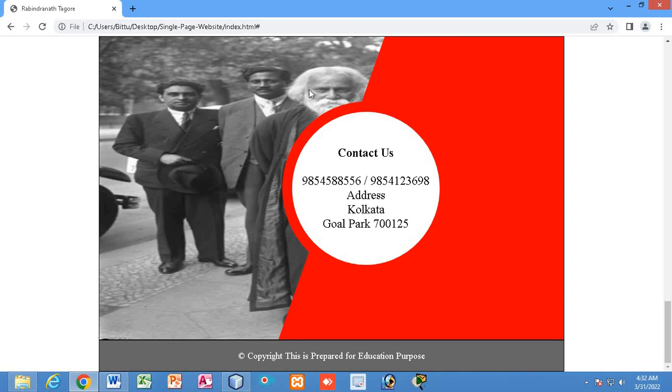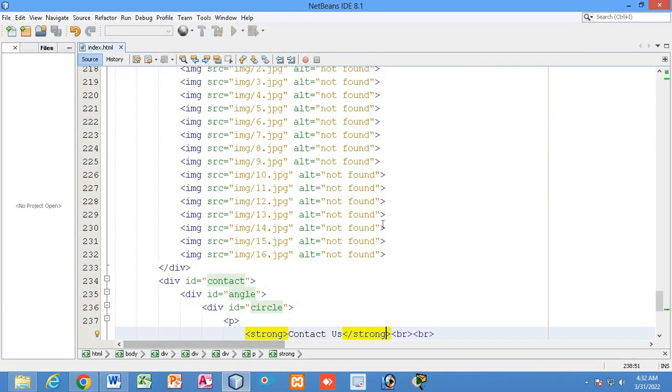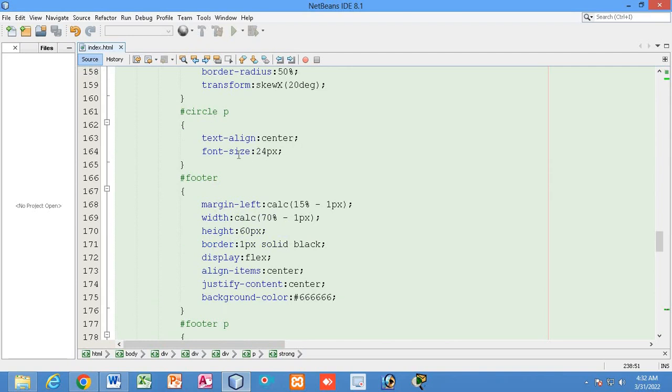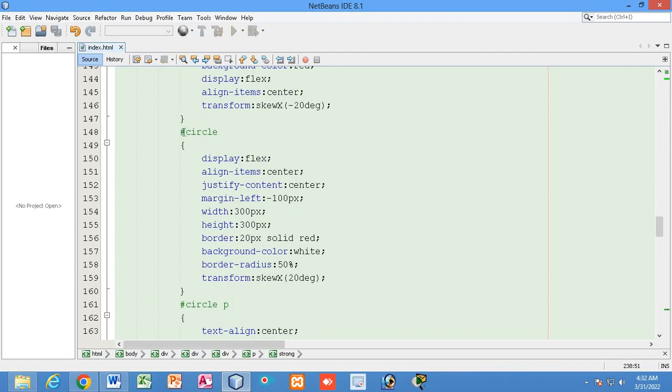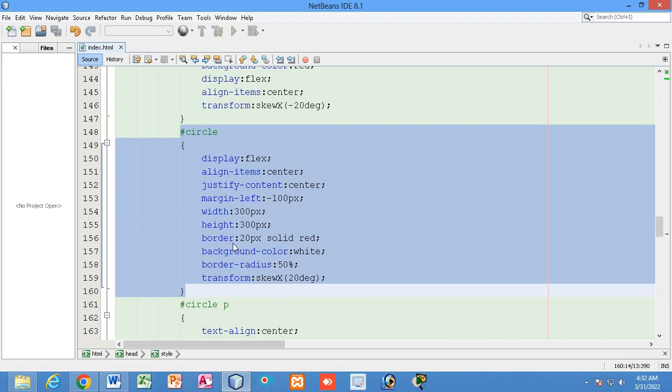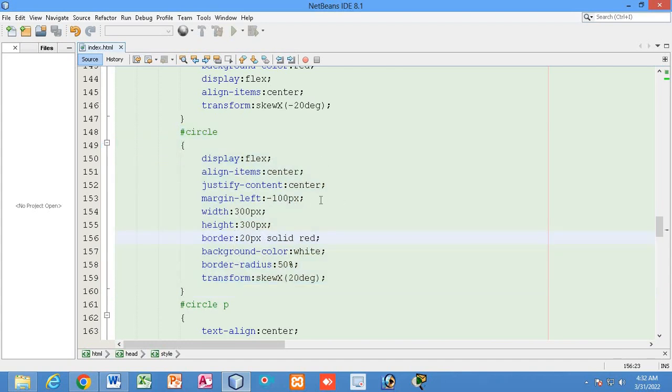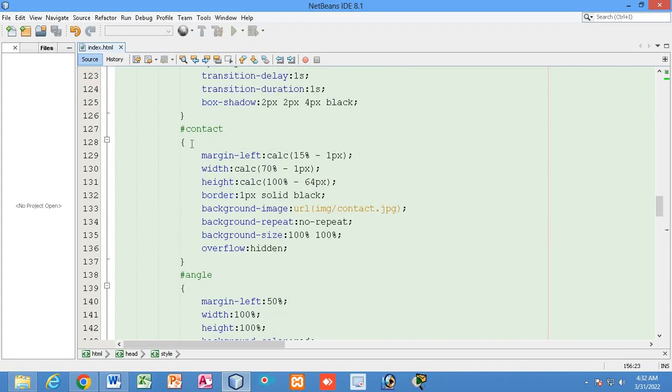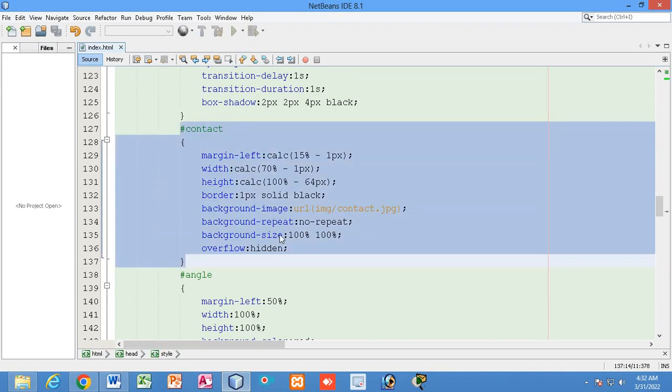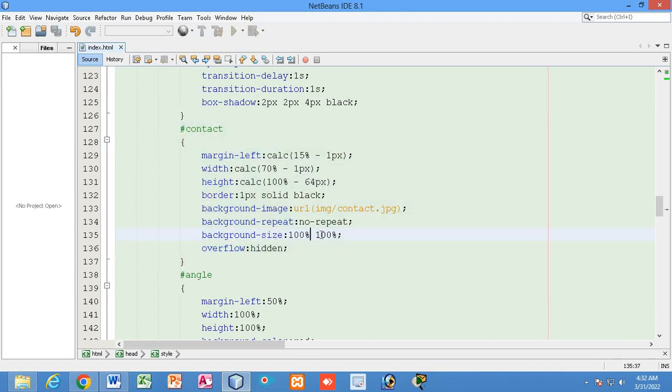So I want to just do one thing. I will get this photo to here. Okay, so you can see some portion of Rabindranath Tagore has gone behind this red circular div, right? So I will do one thing in this contact div, the background width that I will reduce to